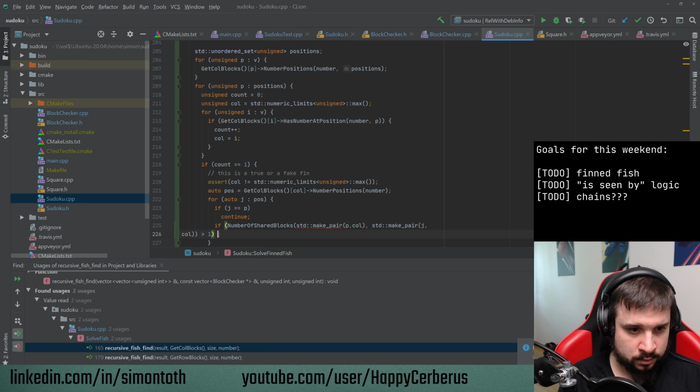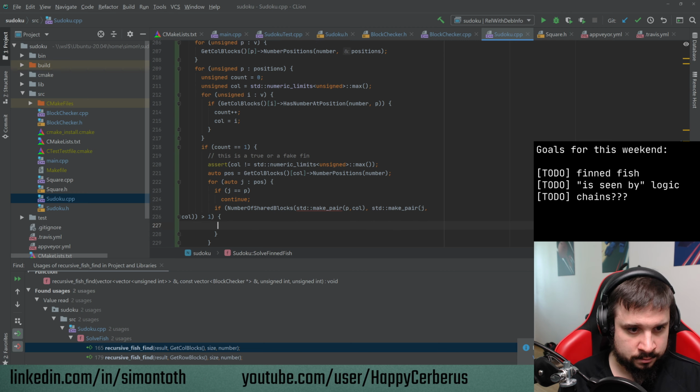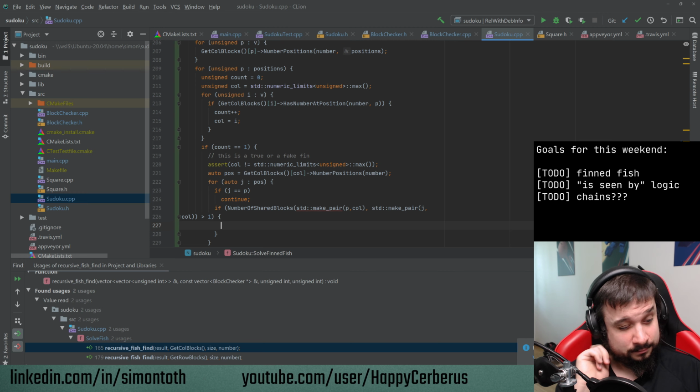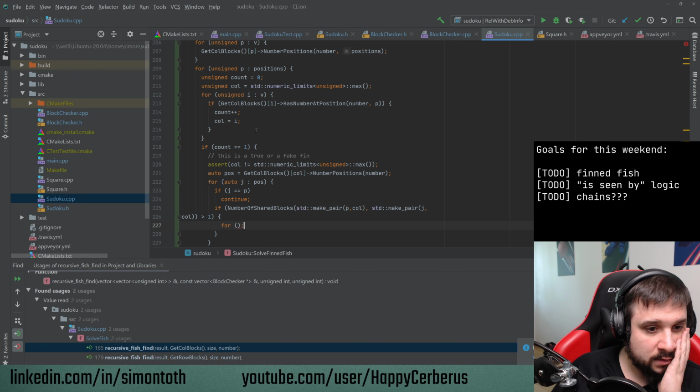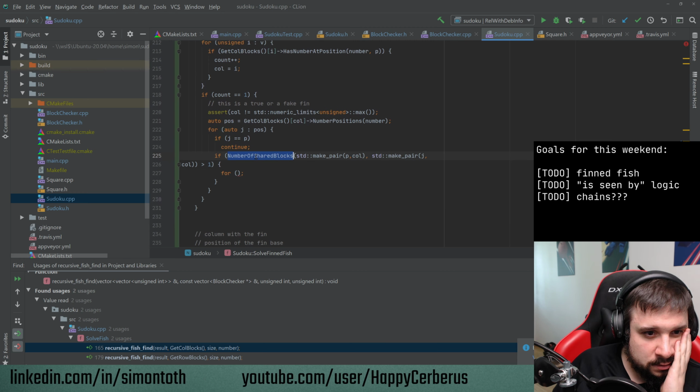So if this is bigger than 1, so if they share more than a column, then I will have another loop. Okay. Very tricky. So if they share the block,